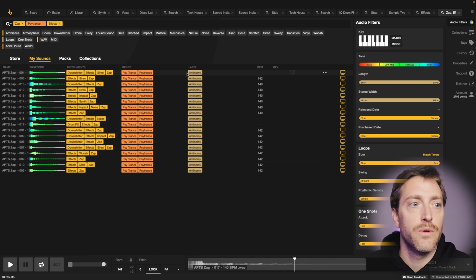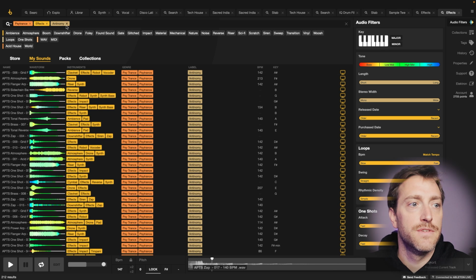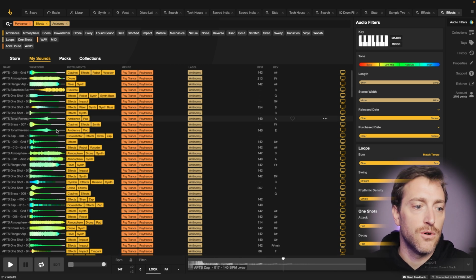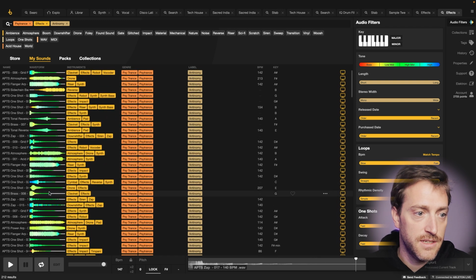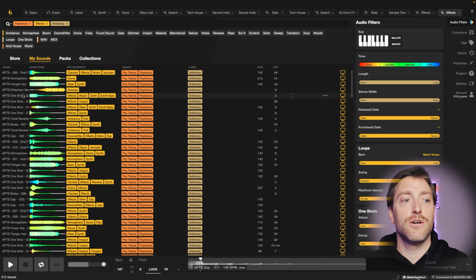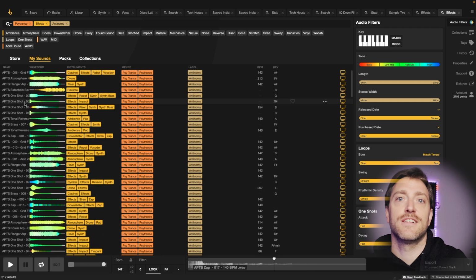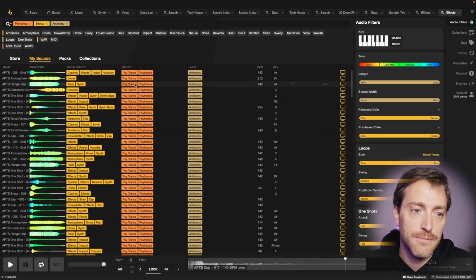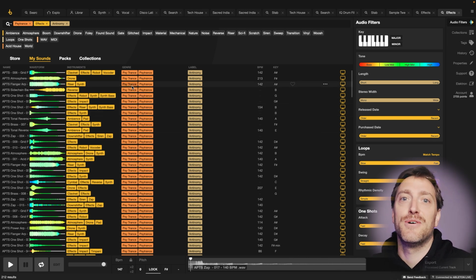So for now we will just go here with the pack and effects and remove the zaps, and then we have basically all these shots here. And it would also be good if you divide it into single shots or loops. But anyway, now comes the actual jamming part, and I will show you how easy this gets, because now you can